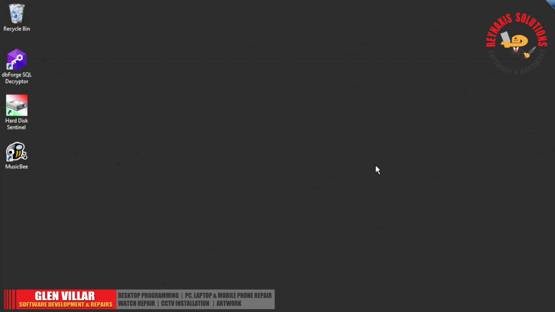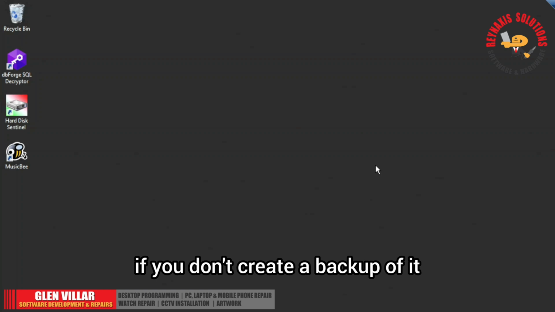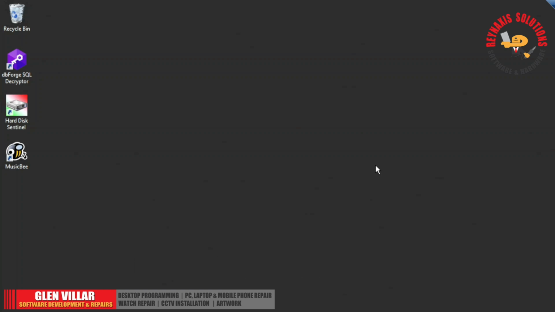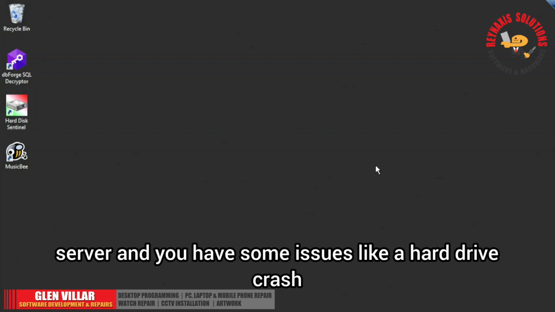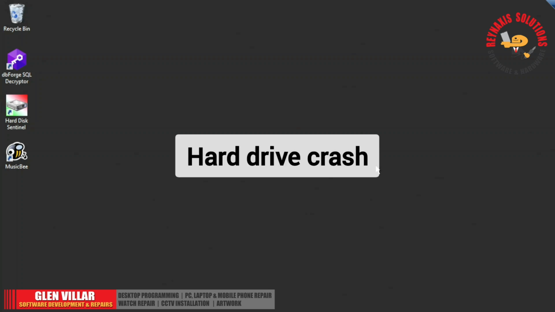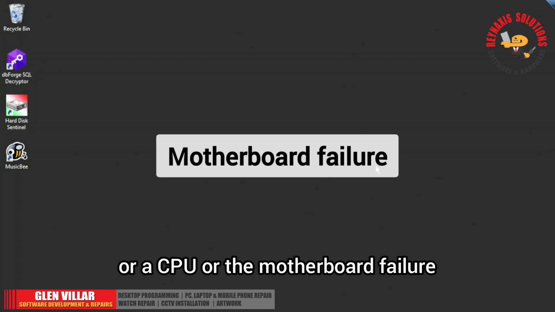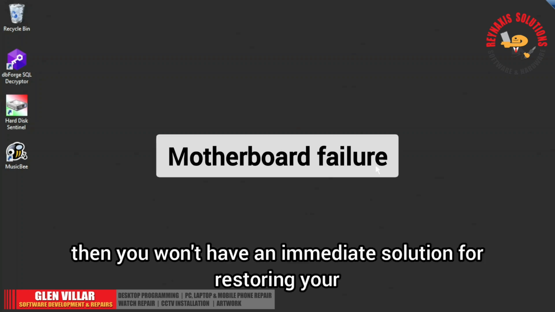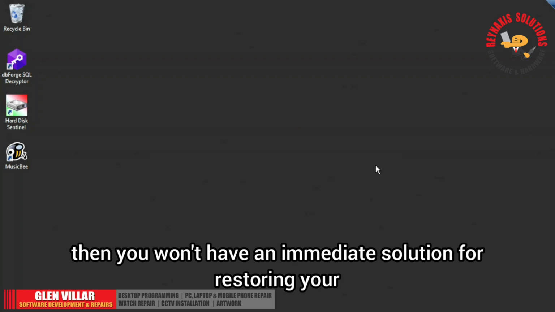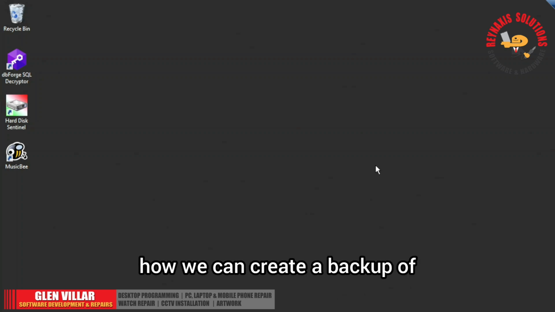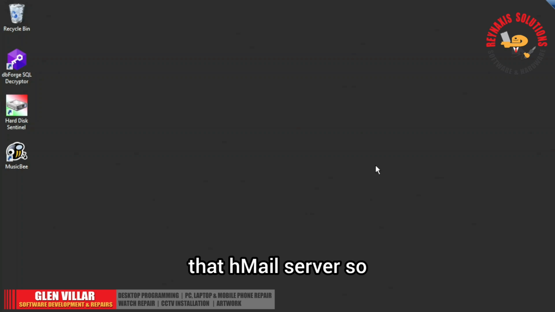The problem is if you don't create a backup and something happens to your server, like a hard drive crash, or a CPU or motherboard failure, then you won't have an immediate solution for restoring your mail server. So for this reason, I'm going to show you how we can create a backup of that hMail server so that it won't